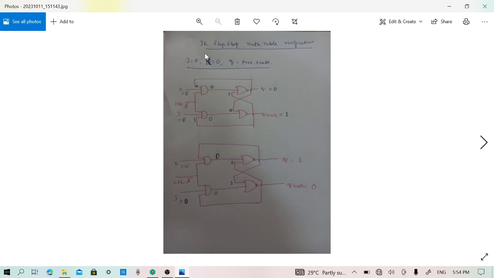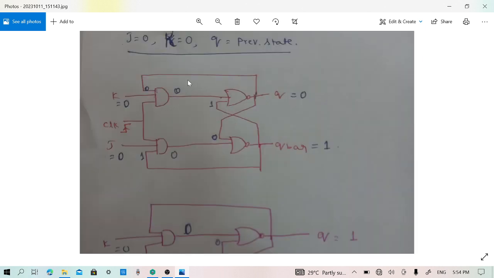That is nothing but JK flip-flop. JK flip-flop has got 4 combinations of input allowed, that is J equal to 0, K equal to 0, or either of them being 1, or both of them being 1. Whereas in SR flip-flop, both the inputs being 1 was illegal. Here, SR flip-flop is modified as a JK flip-flop wherein both J and K can be made 1, wherein the